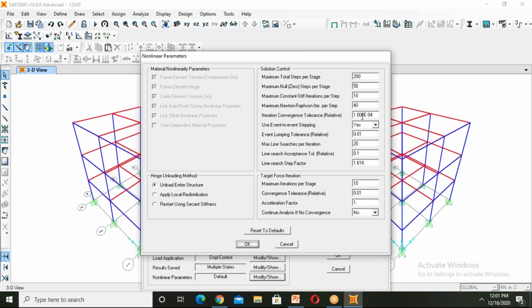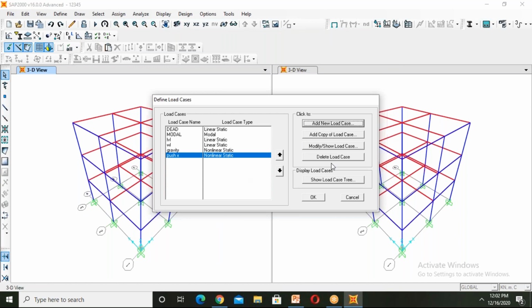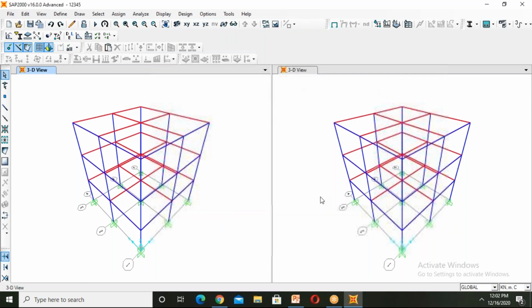We can give 0.01. If the pushover curve is in a linear state, if we change this, then the pushover curve will change. So click on OK. Let's take these as default values. Click on OK. Click on OK.